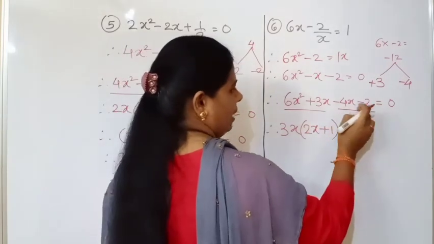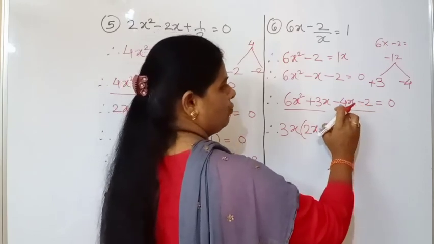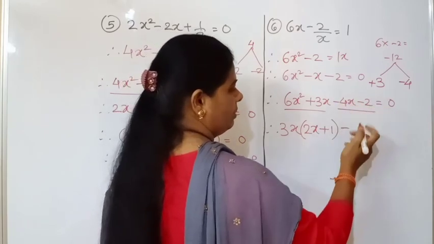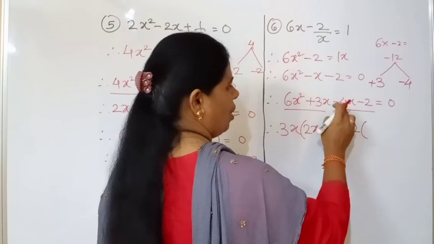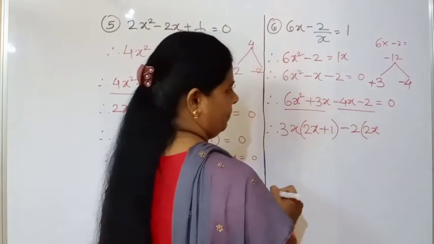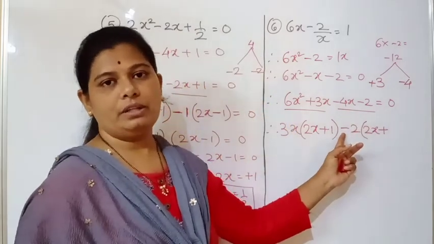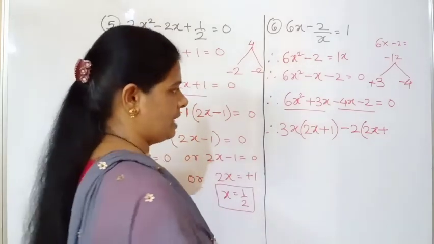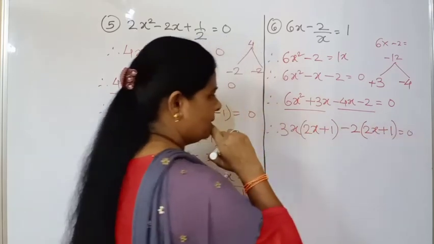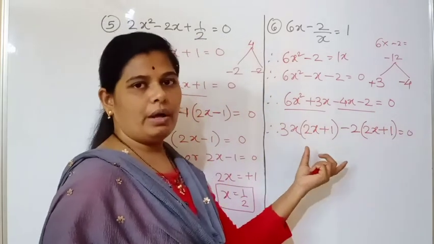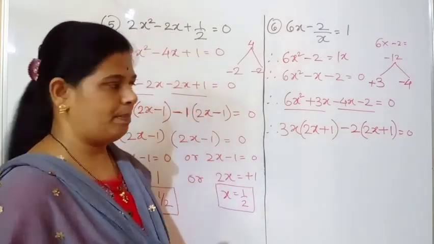Next part, x is not common, but now there is a 4 in the table of 2, so we will take 2 as a common, and what will remain inside now? 2 how many is 4? 2 2s are 4. Okay, and we will take here plus sign. Why? Because there is minus sign outside the bracket, so we will take it here as plus sign. Okay, and 2 1s are 2, so we will take it here as 1. Okay, so in this way, as you all are able to see that both the brackets are same, it means what? We are going on the right path.